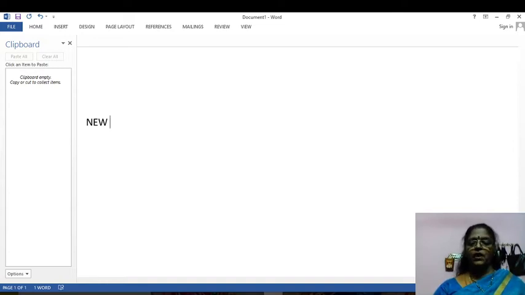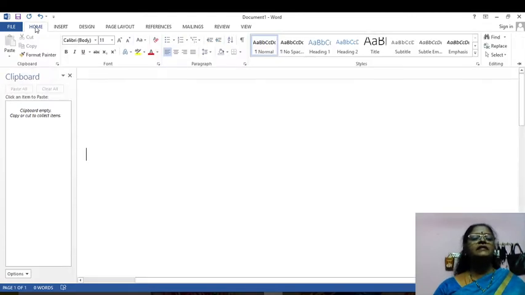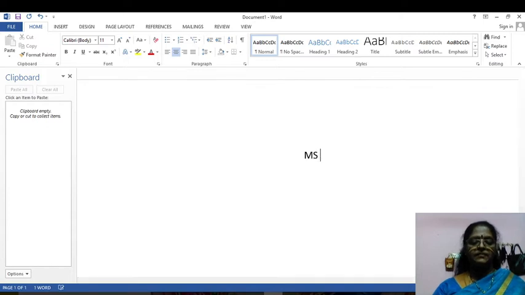First of all I want to type the topic. So again I double click this tab and the ribbon comes back. Here I choose the center alignment, so my cursor comes into the center. Now I type the topic, MS Word Basics.